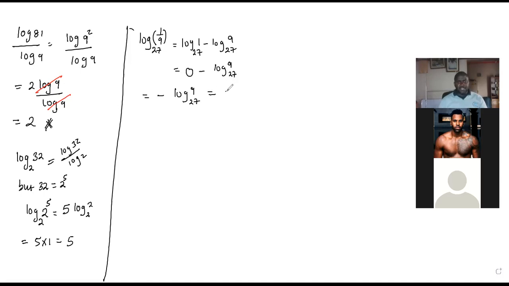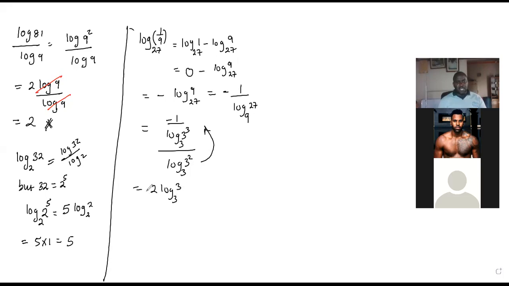But one can write this also as negative 1 over log to base 9 of 27, which can further be written in terms of 3, which is negative 1 over log to base 3 of 3 power 3 divided by log to base 3 of 3 power 2. But this one can go up, which takes us to twice log base 3 of 3, negative, divided by thrice log base 3 of 3. Either you call this 1 or you divide off. Our answer becomes negative 2 over 3,